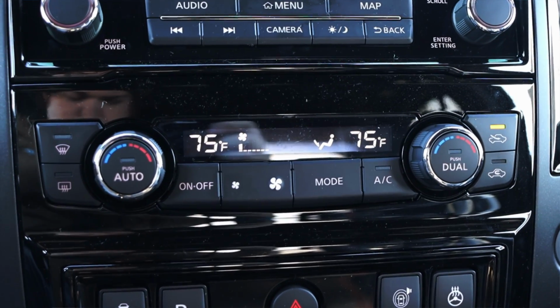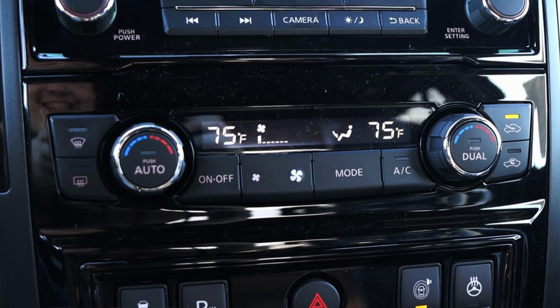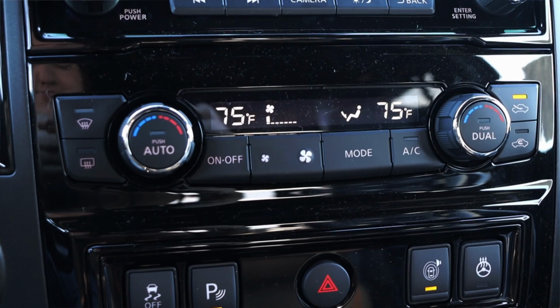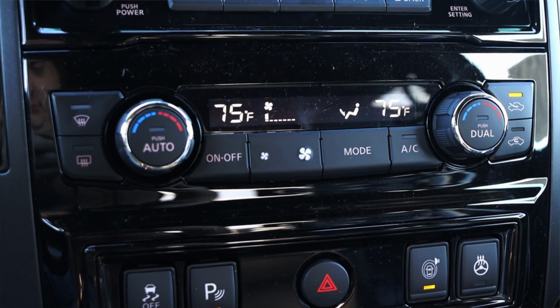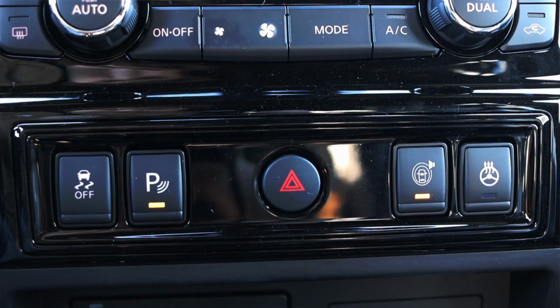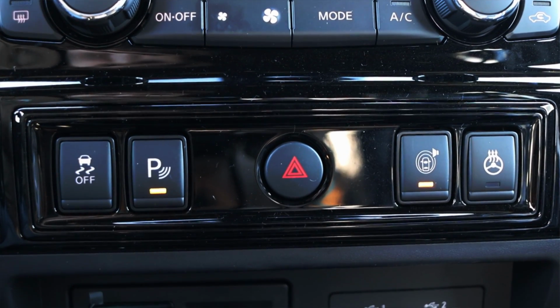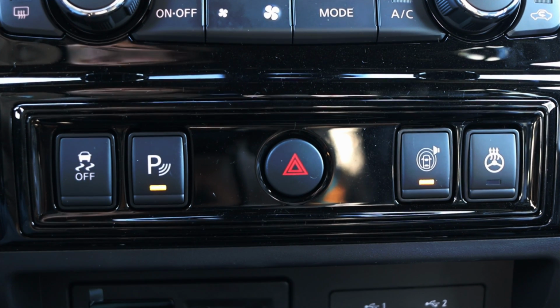Down below those buttons, I do have my climate controls. I do have dual zone, which is nice. Defroster front and rear, things like that, pretty basic. Nothing really too crazy there. Then I have a couple of interesting buttons. Of course, in the middle, I have my hazard switch. On the left, I have my traction control and parking sensor off, and then on the right, I have my